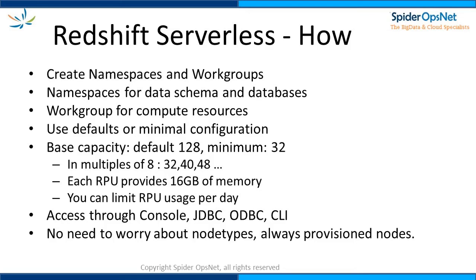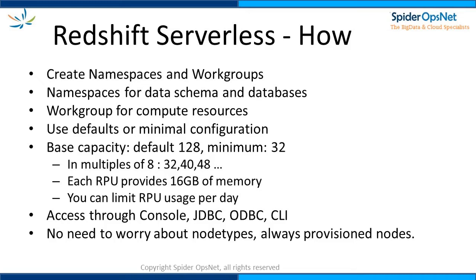Each RPU provides 16 gigabytes of memory. So if you think you need 1024 gigabytes of memory to start with, you can configure for 64 RPU capacity. You pay for this only when you submit a query. So when you submit a query, the base RPU is provisioned, and if the query needs more compute, it is scaled up, and when the query starts taking less compute resources, RPUs are scaled down, and all RPUs are released